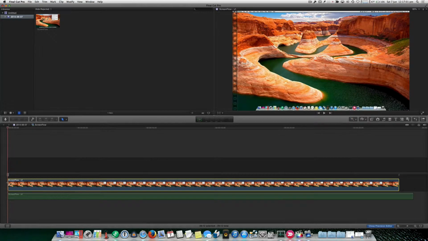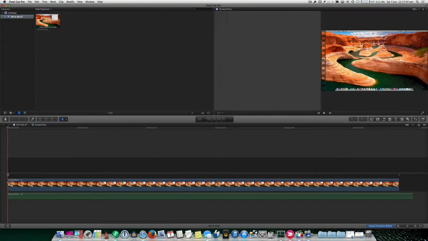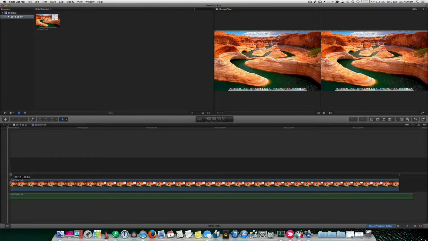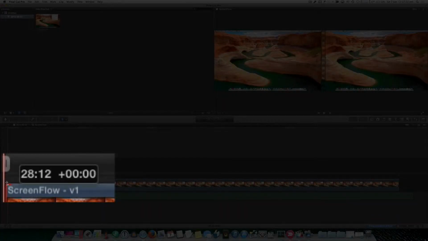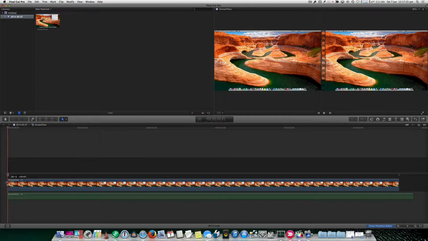So again, we want to cut a second off at the beginning, so we just click and hold and drag along, and as you can see, if you remember before, the video was 29.12 seconds before we cut anything off, and because we've already cut a second off in the earlier steps, the video is now showing that it's 28.12 seconds in length. Now when we cut a second off at the beginning, that'll reduce even further to 27.12. So if we drag along here till we get to a second again,